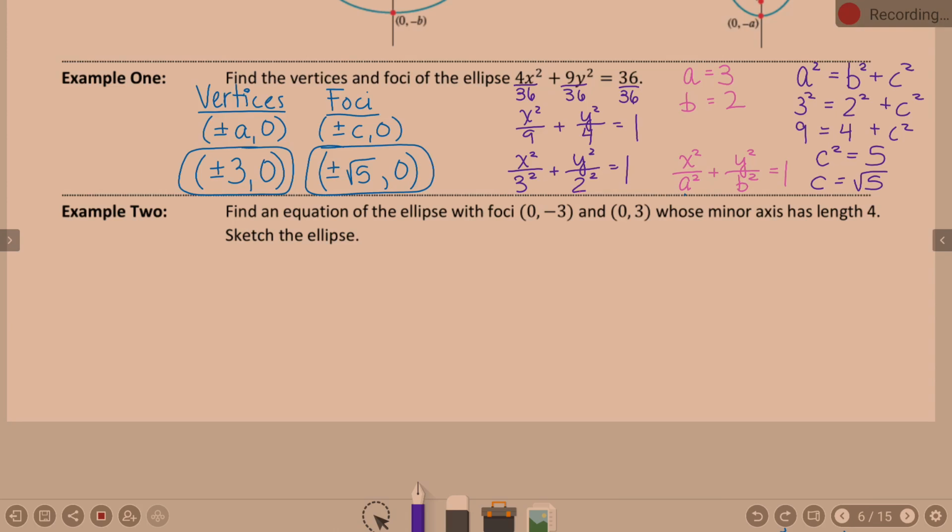All right, for example 2, we're still on the front page, so we're still talking about an ellipse that is centered at 0, 0. Example 2 asks us to find the equation of the ellipse, and it gives us the foci as 0, -3 and 0, 3, and it has a minor axis whose length is 4, and then it also asks us to sketch the ellipse. This one's actually asking me to sketch the ellipse, okay? So, with that in mind,